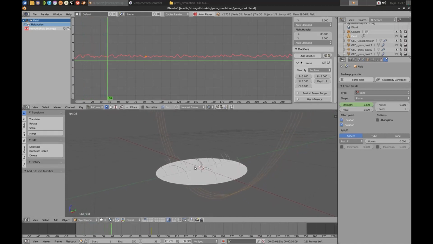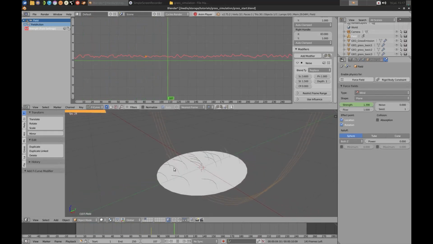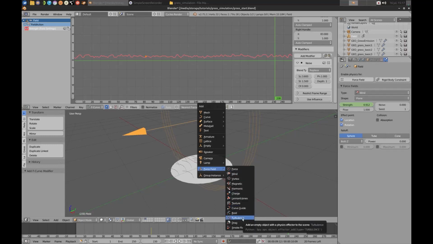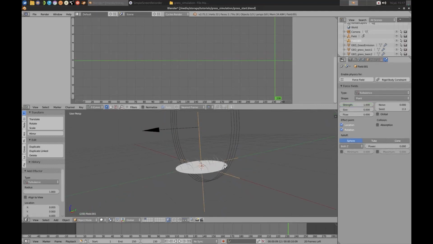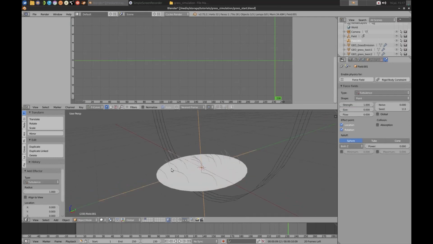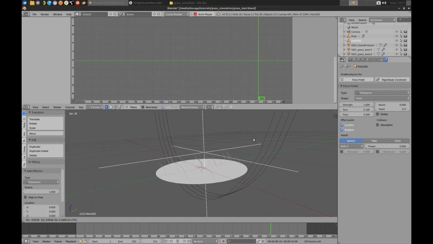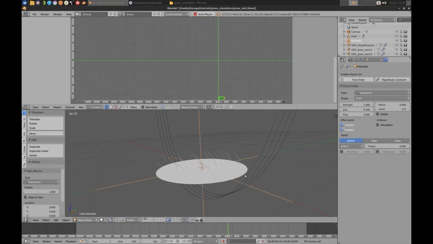But overall you can see that everything moves kind of uniform, so we have to add some more variation to that, and we'll do that using a turbulence field. So Shift A, add turbulence field, and this is just going to add some local variation here. I can show you what it does. I'll play back with Alt-A and tweak the size a little bit to make it smaller. If I move it up, you can see that the hair is sort of moving into different directions. And this is what we want, really. We just want some slight bit of variation.